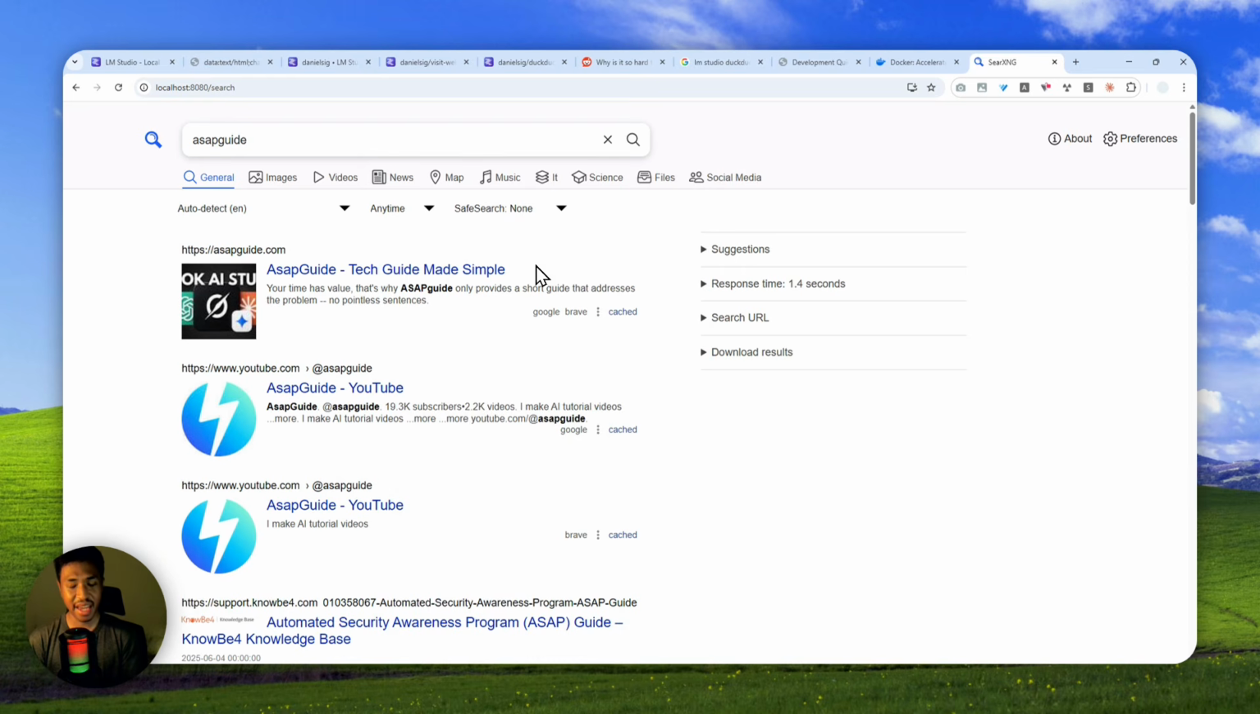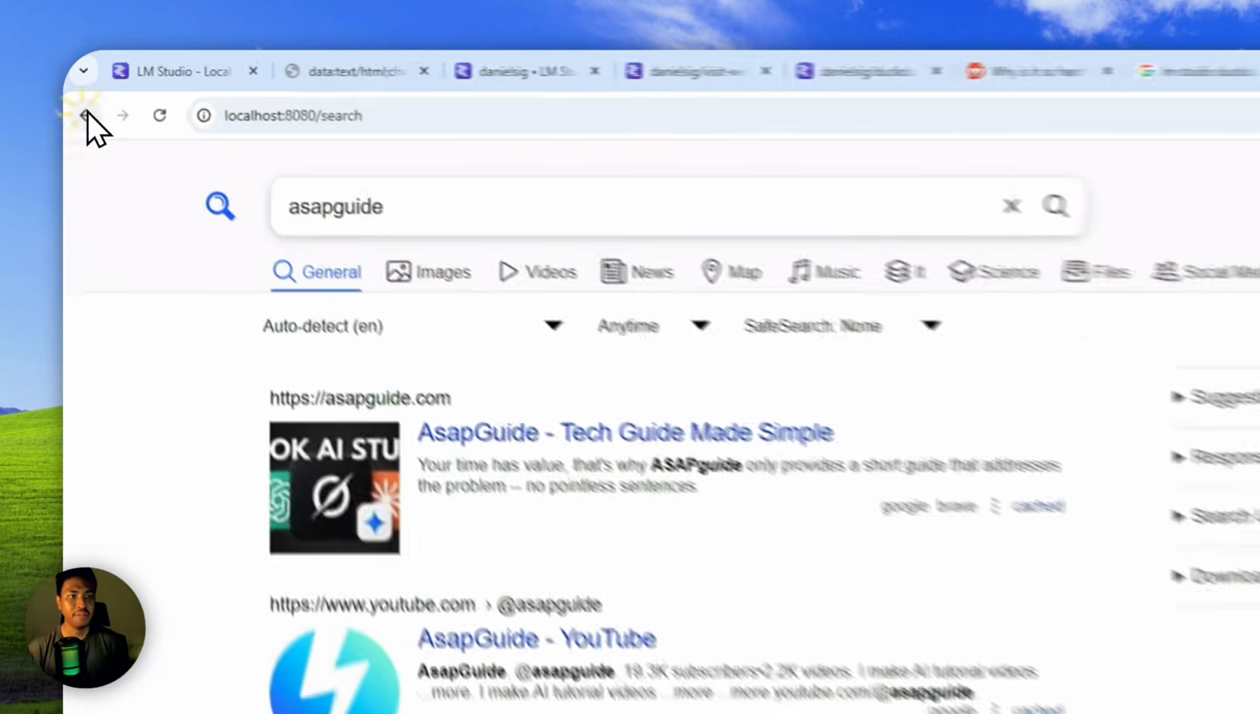So SearXNG is using lots of search engines. It could be DuckDuckGo, it could be Brave or Bing or some other options. So yeah, I think it's going to be more reliable than other options. But anyway,